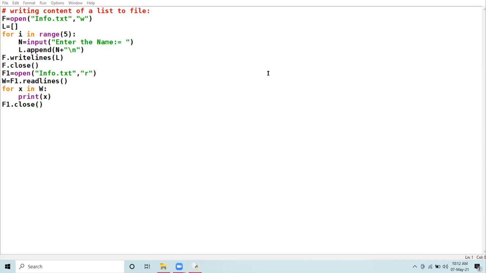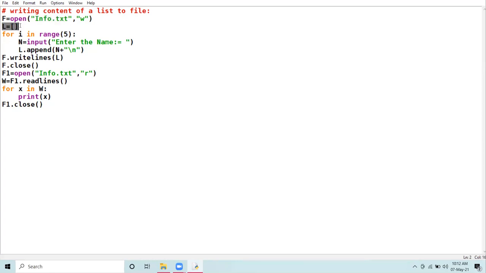W mode will take your pointer to the beginning of the file and data will be written from the beginning. If the file already exists, then the previous data will be overwritten, and if the file does not exist, then a new file with the given name will be created, right?